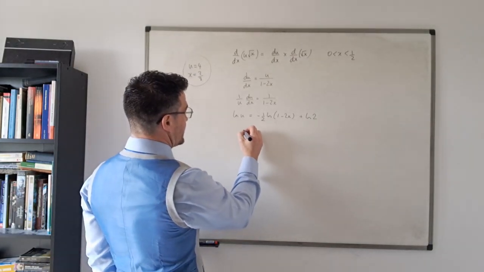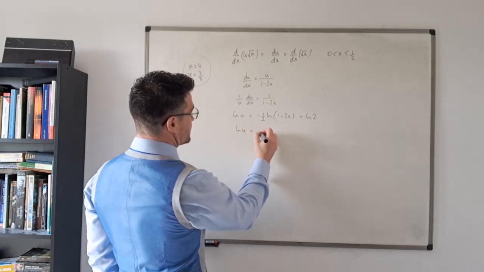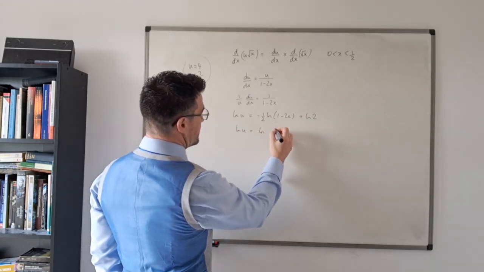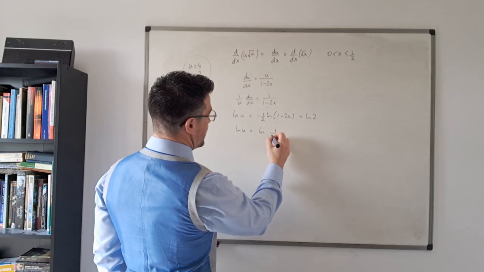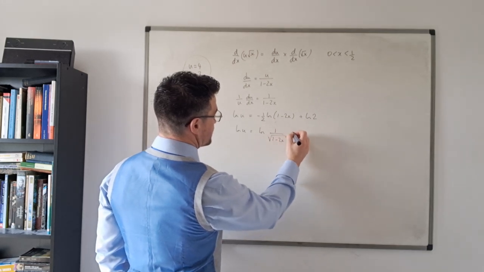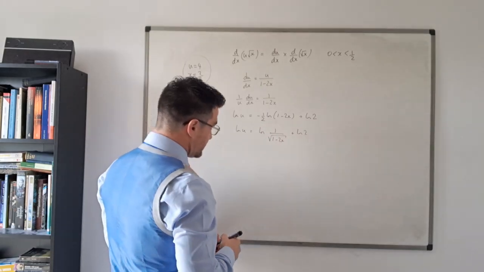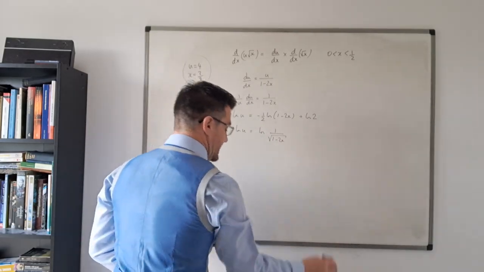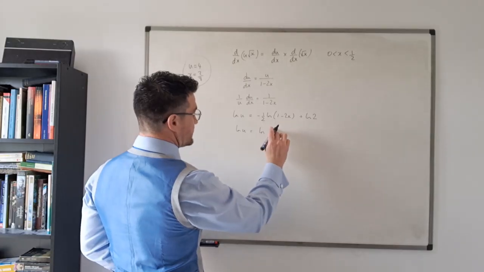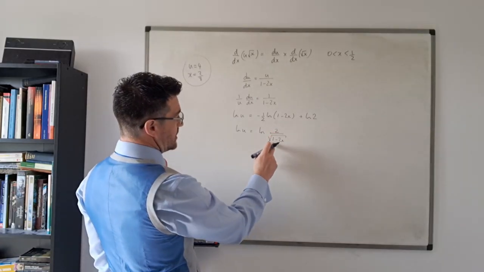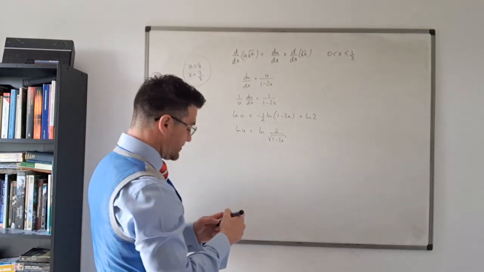Okay, so this is going to be natural logarithm of u is equal to natural logarithm of 1 over the square root of 1 minus 2x plus the natural logarithm of 2, which using laws of logarithms is going to be a natural logarithm of 2 over the square root of 1 minus 2x. By the way,